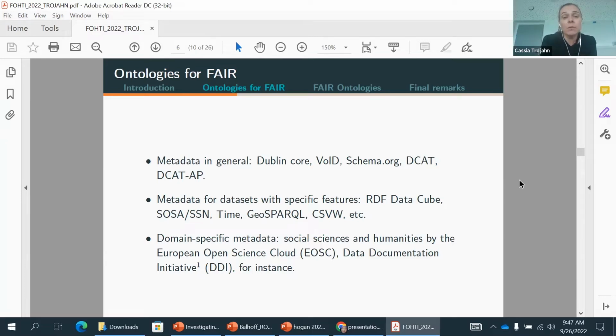For example, vocabularies for describing metadata in general, such as Dublin Core and DCAT, that is really used in a range of metadata